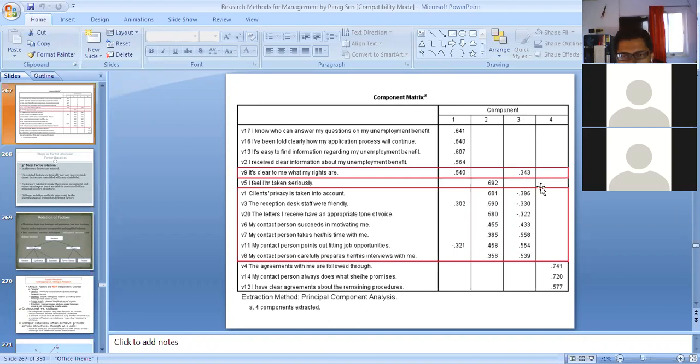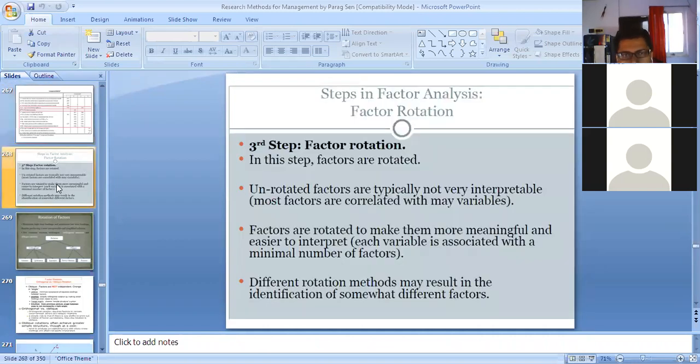These kinds of things may be solved using the rotation matrix. If we rotate these components, we may be able to get a better structure in terms of the loading patterns onto the factors.